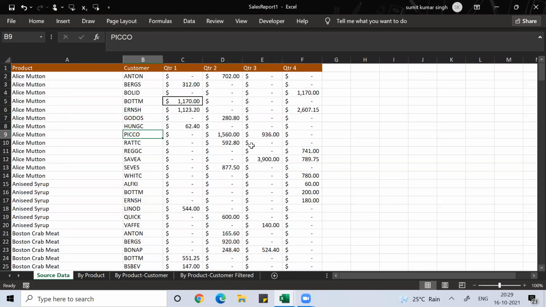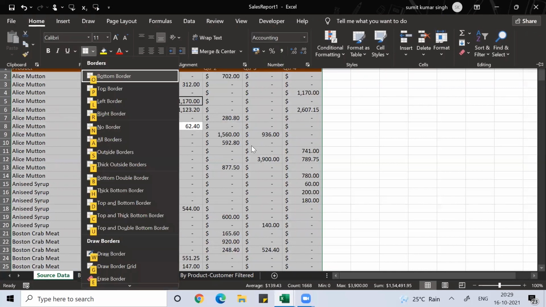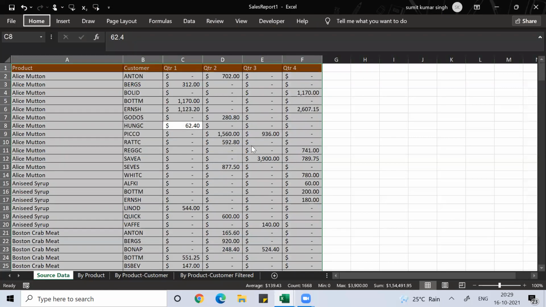So select everything. If you see, this border is there. Although this border doesn't matter, otherwise you can select everything, Control A, Alt H B A, Alt H B T.